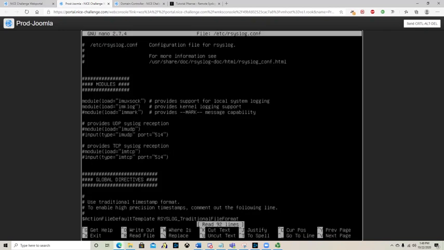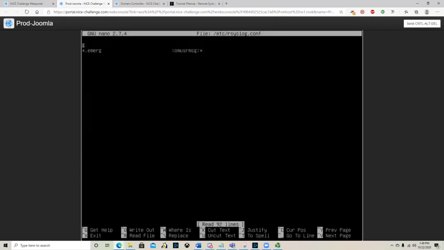And what we need to do is just go down to the very bottom where there's a new line, and what we're going to add in is just a comment here. A comment means that the computer won't read this specific line, but it's there for us to understand what this command is doing. And we're just going to say send logs to remote syslog server